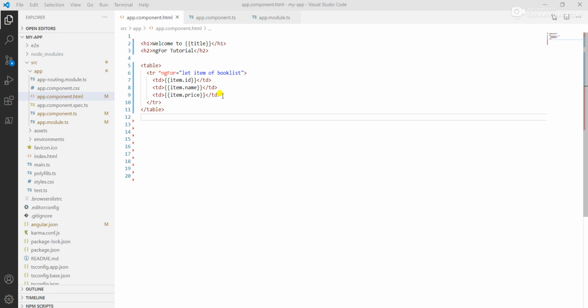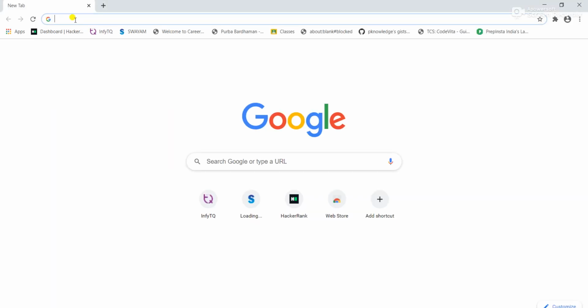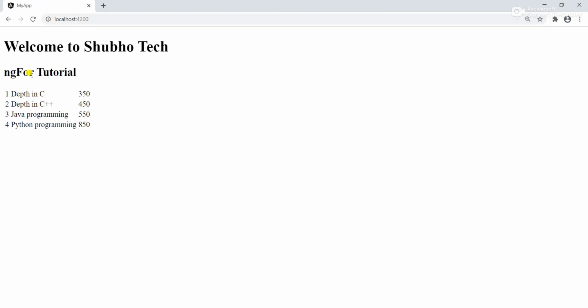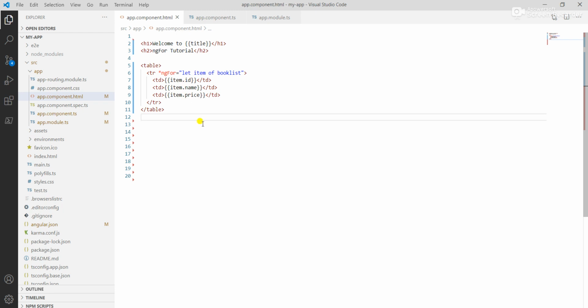Now if I want to show the result in the browser, we go to the browser after running the program with ng serve in cmd, and when we write localhost:4200, the port number of Angular running in the browser, we see the values in table format. So Depth in C++, Java Programming, Python Programming, and the price of each. Now we go to Visual Studio Code,